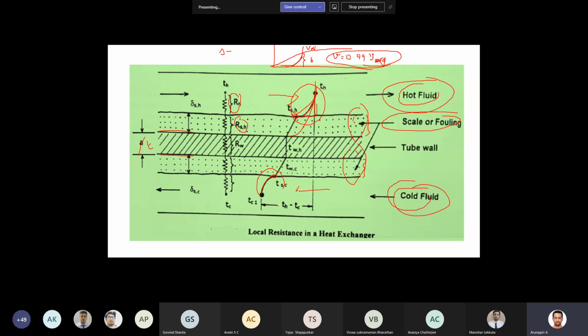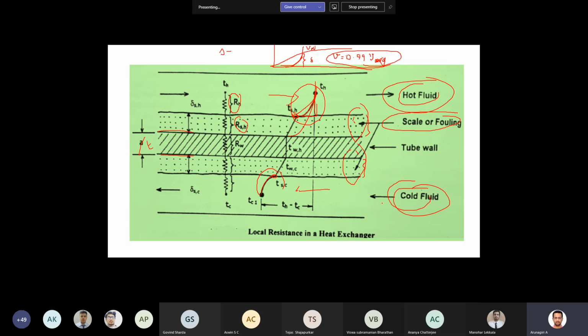Then chemical reaction fouling. Chemical reaction fouling is different from corrosion fouling. It is the reaction inside the fluid streams that causes fouling. We have seen direct contact type exchangers. In such cases, if there is any reaction between the fluids at particular temperature conditions, precipitation or solid particle formation leads to scaling. They are called chemical reaction fouling.